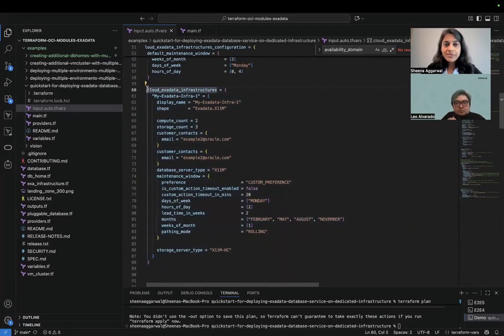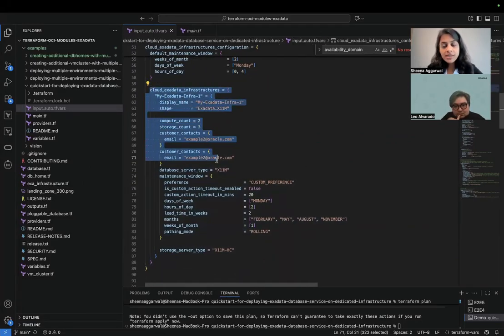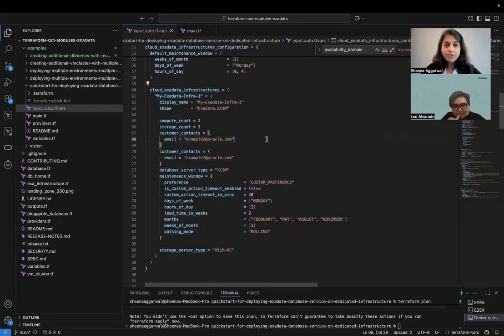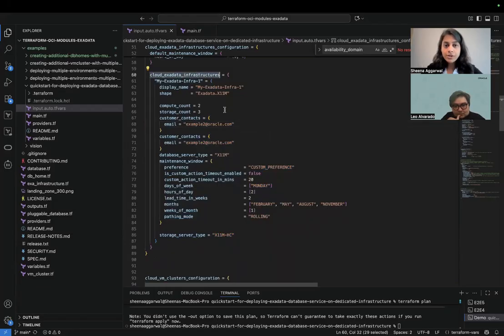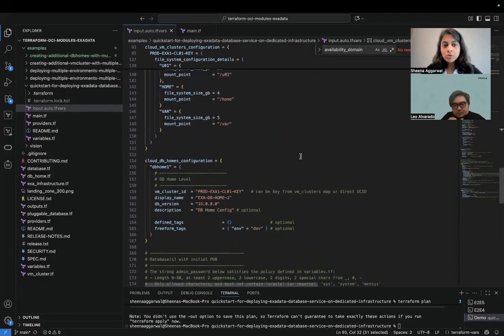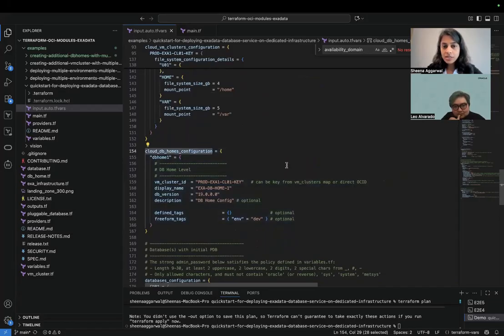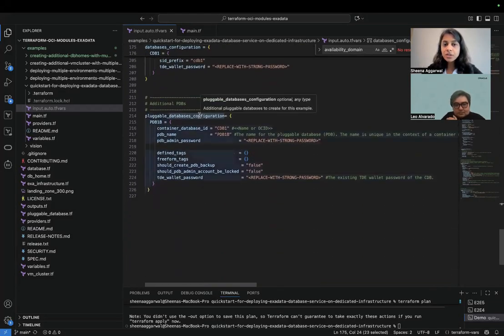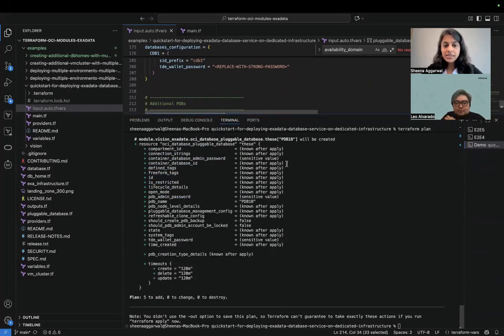And then, most of these are already pre-configured. If you need to change anything for your own deployments, you can specify the configurations here for infrastructures, for VM clusters that we wish to create, for the cloud DB home configurations, for database configurations, and for the pluggable database configurations. Once you've specified these, we simply go to the folder